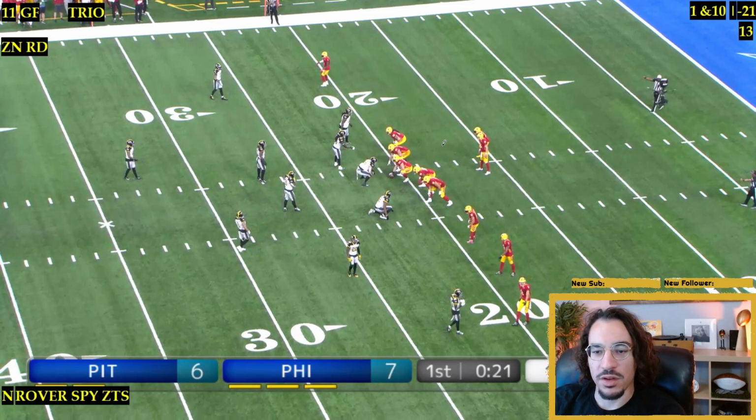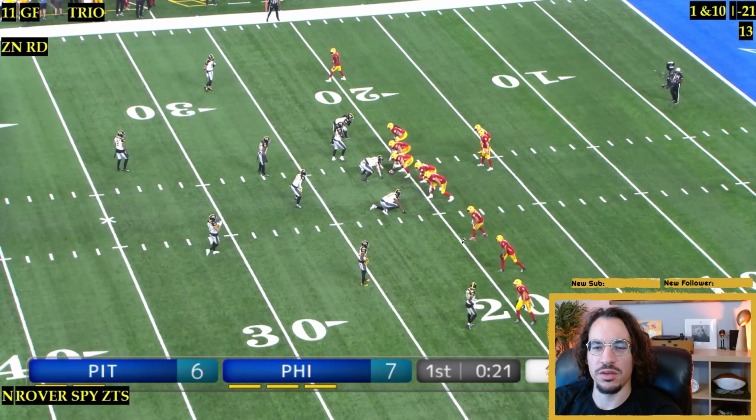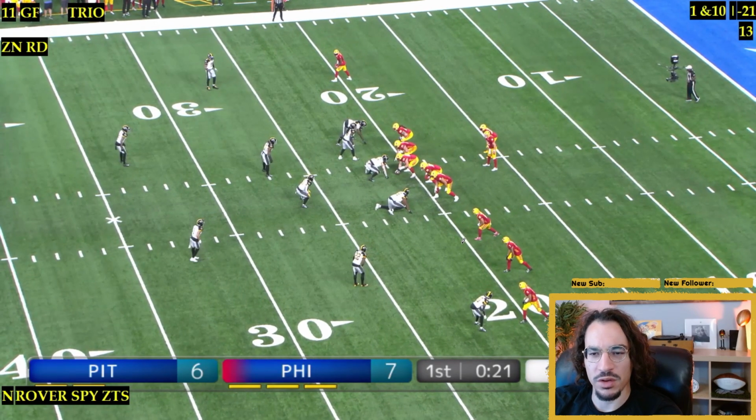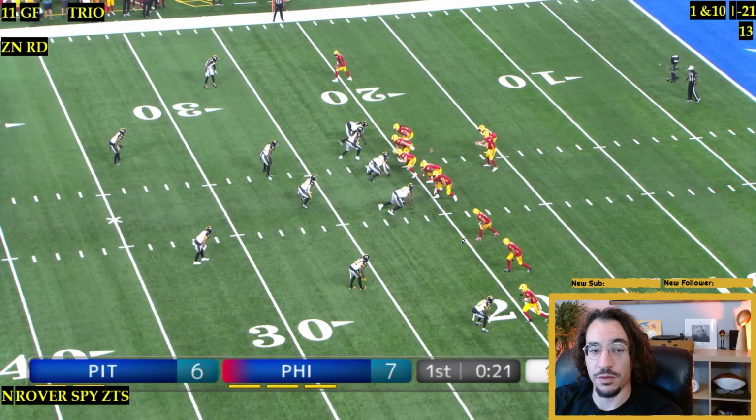All right. This is now the next series, because obviously that was 3rd and long, so we got a sack there. So this is the 3rd series of the game now, I want to say. 3-by-1, same thing. Gun far, run the ball. This is now a new tendency for them. They weren't showing us this. So now on my sheet,